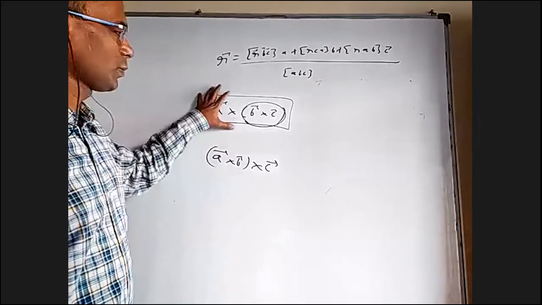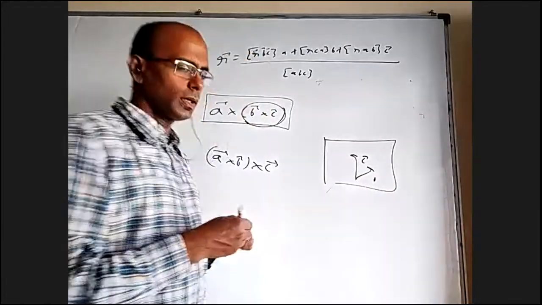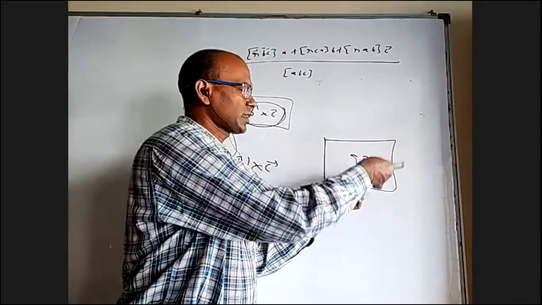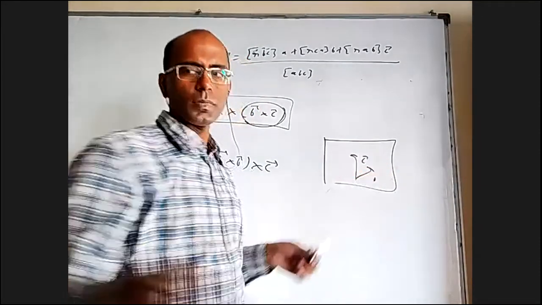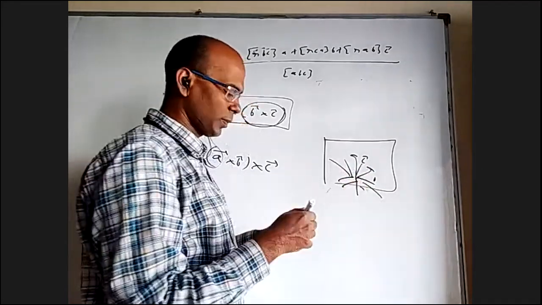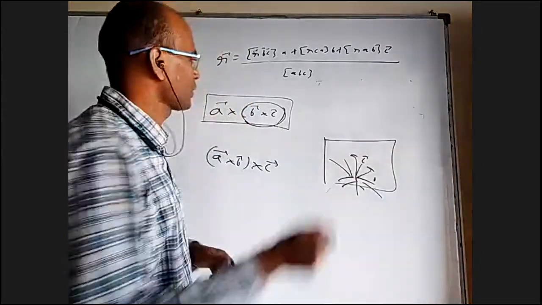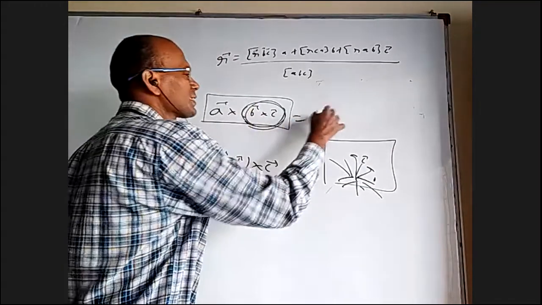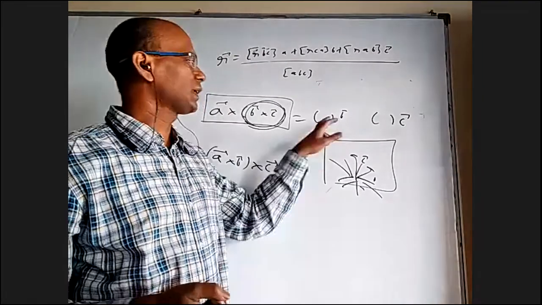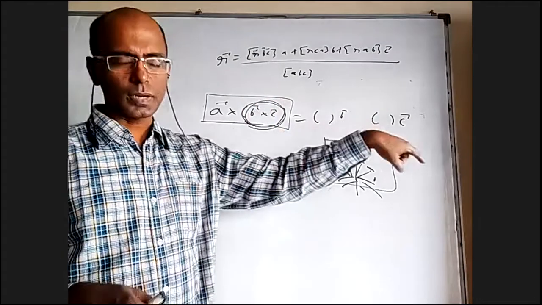Oh, sorry. Forget about A bar. Let's say I have a plane, I have B bar and I have C bar. B cross C will be like this. Perpendicular to B cross C, I have vectors like this, like this, like this. So many vectors are there. But all of them will be either here or here or here. All the vectors which are perpendicular to B cross C, they're all there in the plane containing B and C. So anything perpendicular to this has to come some number into B bar and some number into C bar, because it is coplanar with B and C. It should be written as linear combination of B and C. So actually I can write this as lambda B bar plus mu C bar.